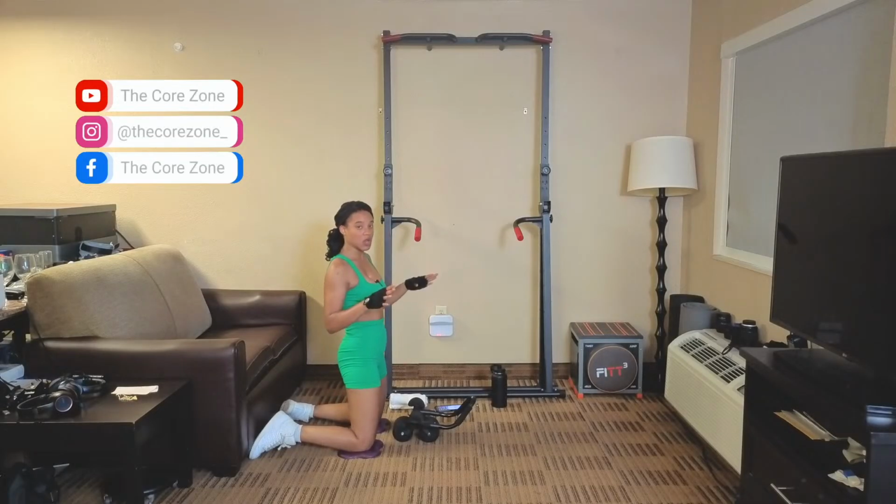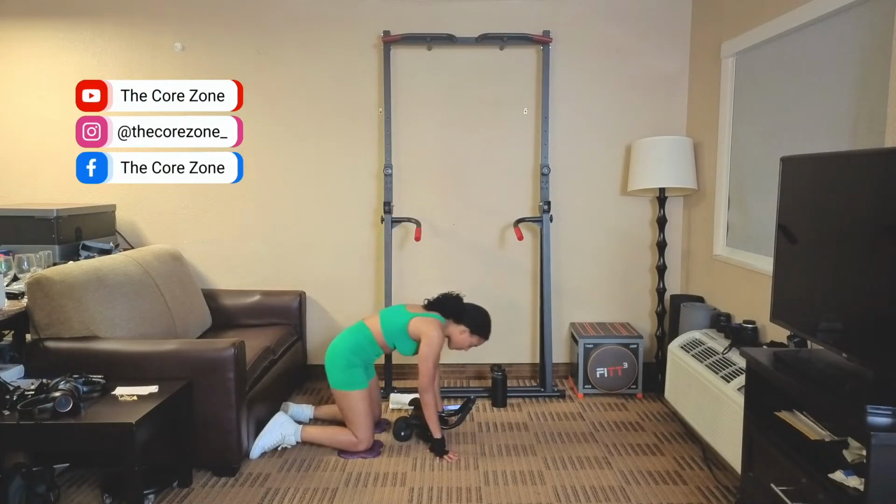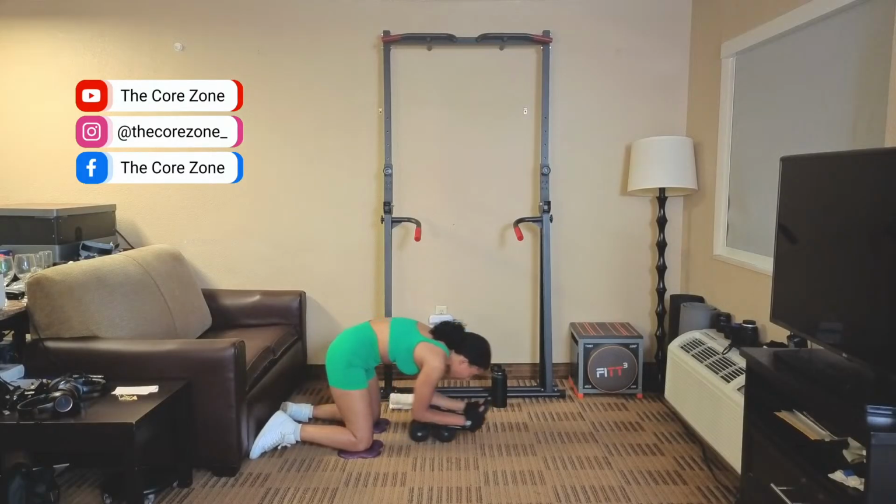I don't know about y'all, but my upper abs are starting to burn, which is a good thing. Here we go. 3, 2, 1. I told y'all we're going to be working our upper abs, lower abs, our obliques. Here we go. Roll out,